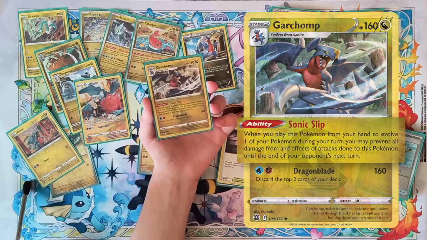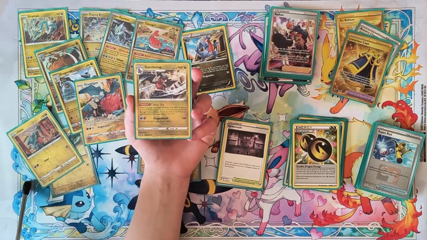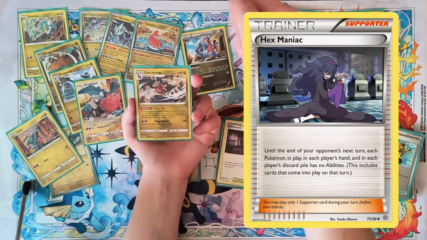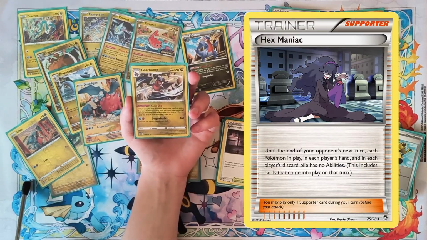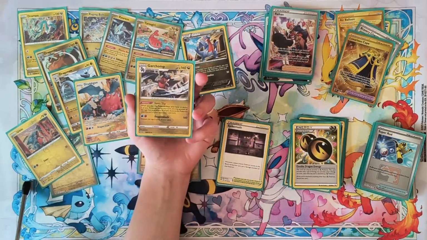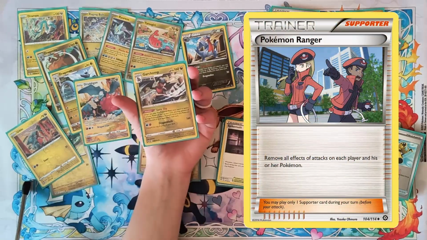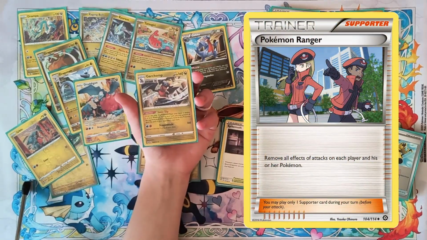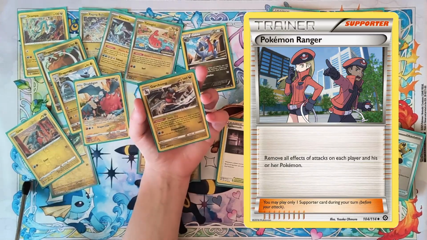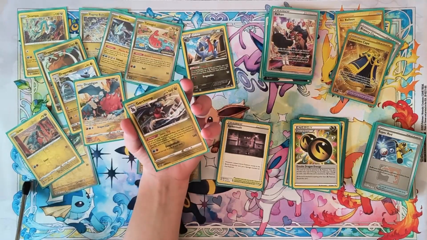Like I was talking about with Dragon Ball, this really forces your opponent to either lose a turn of attacking, and they can't hex it because Sonic Slip activates when you play it during your turn, so unless you hexed or your opponent had hexed the turn before, shutting off your ability, Sonic Slip is in effect. It's also unable to be shut off by Pokemon Ranger, which only stops effects of attacks, and this is an effect of an ability, so Garchomp is very powerful, forces your opponent to lose tempo or have a Gust card